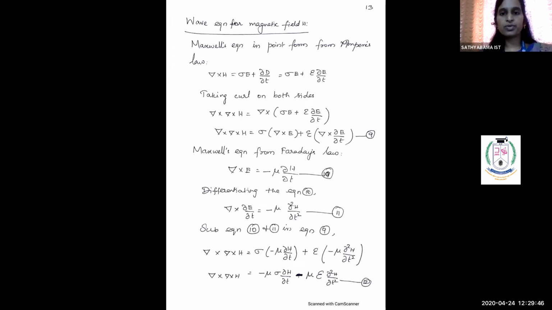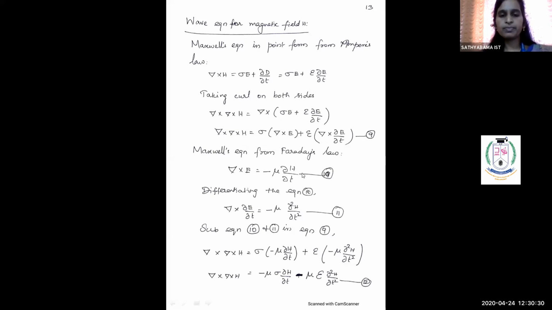So we are taking the first equation, Maxwell's equation 1, which is derived from Ampere's law. Del cross H is equal to sigma E plus dou D by dou T. Since D is equal to epsilon E, dou D by dou T can be written as epsilon dou E by dou T. Now we are going to take curl on both sides. As I told you earlier, taking curl means we have to do del cross that function. So we have del cross H, which will be equal to the curl of the right hand side also: del cross of sigma E plus epsilon dou E by dou T.